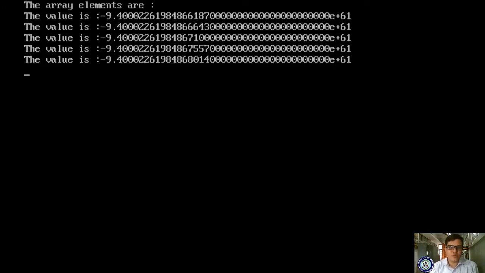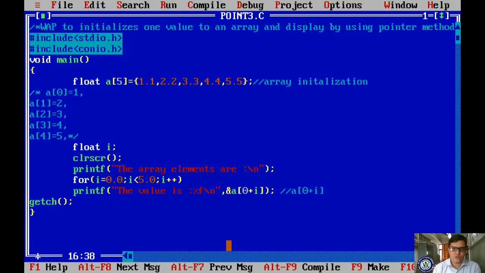If you observe here, 187 643 671 557, all these are 9.4, but it is varying with 4, right? 643 187, 71 43 57, right? It is showing different addresses. Okay, so if you want to access the address, you have to give like that.